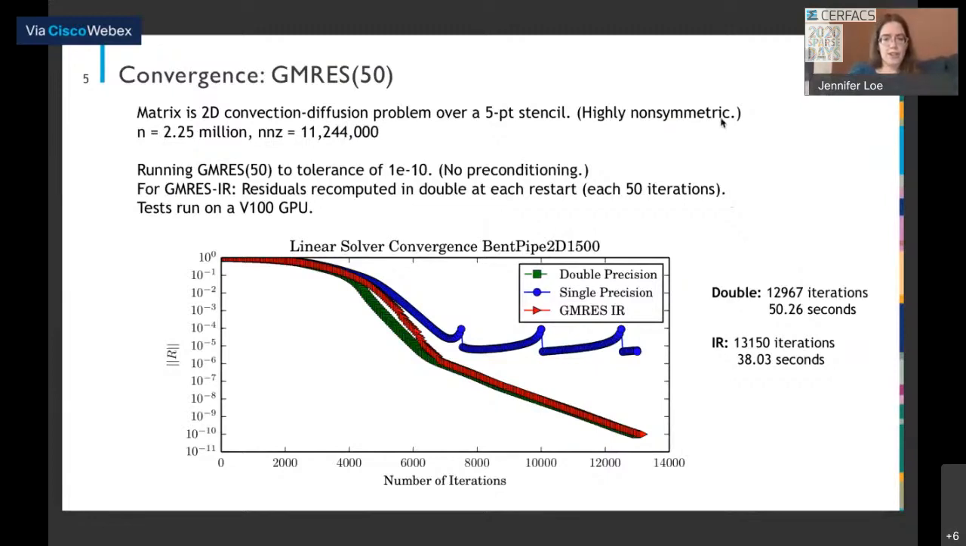What's interesting here is that since we're restarting frequently enough, you can see the GMRES-IR convergence very closely follows the double precision solver convergence. It takes a few more iterations for the GMRES-IR solver to converge, but since they're converging in a similar number of iterations, we get a significant speedup from the GMRES-IR solver. The double precision solver takes about 50 seconds to run to convergence, and the GMRES-IR solver takes about 30 seconds. And if we break this down into specific kernels,